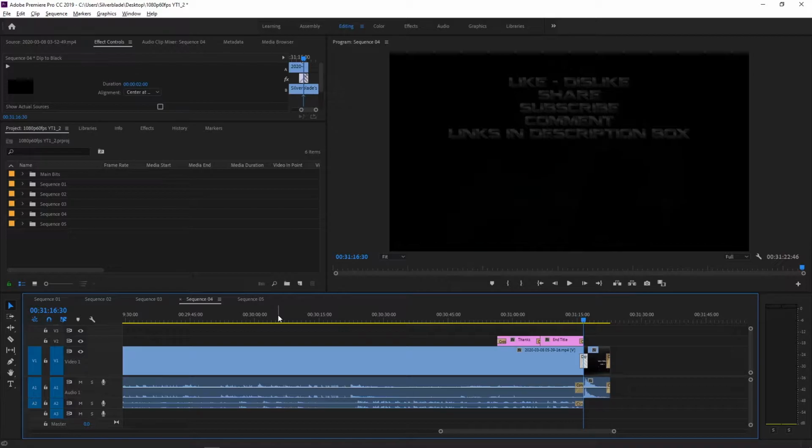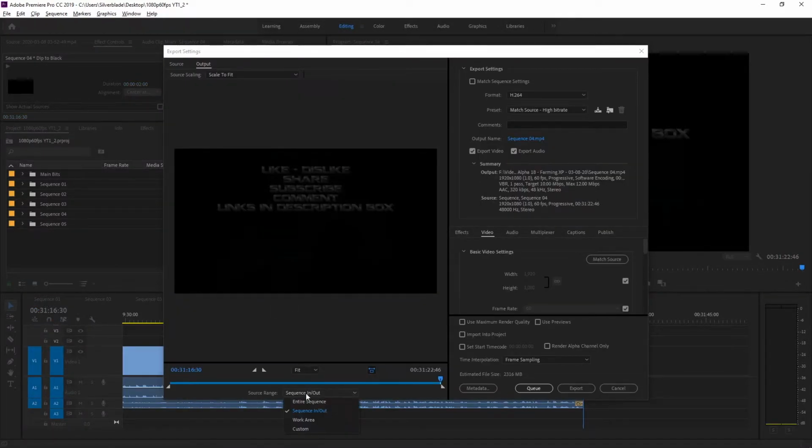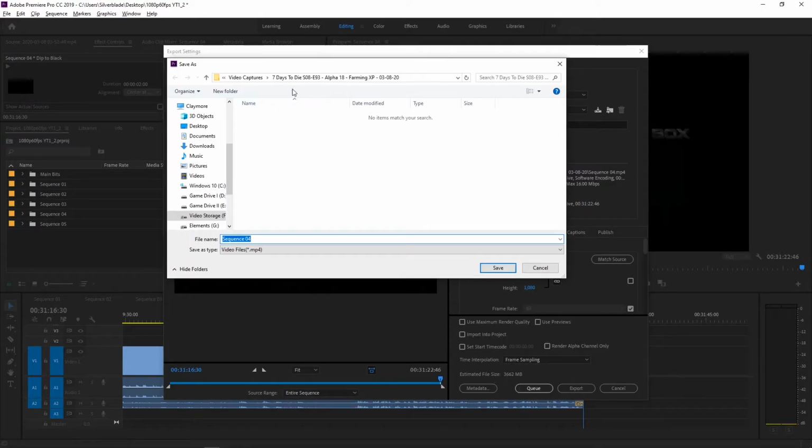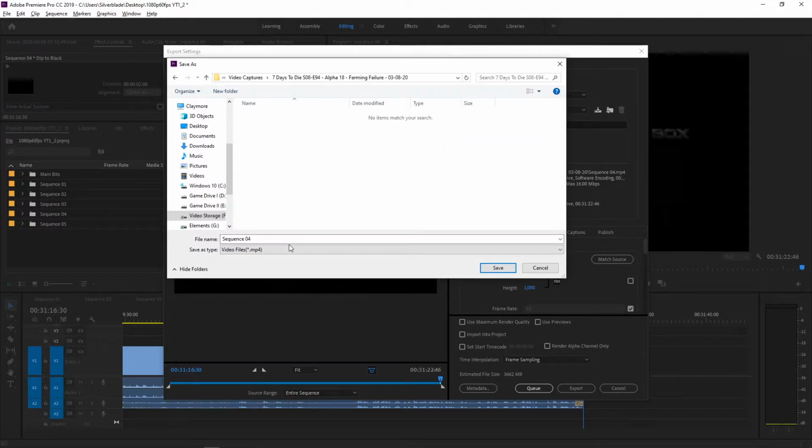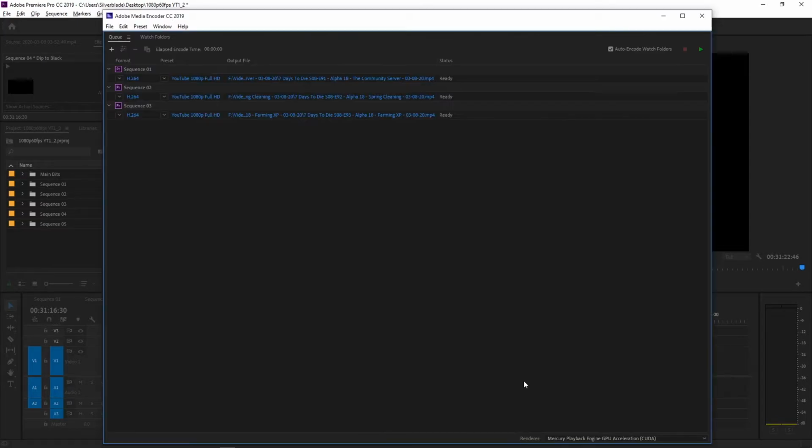Fourth sequence, Control M, entire sequence, YouTube 1080. Fourth video, Control C, Control V, save, queue,